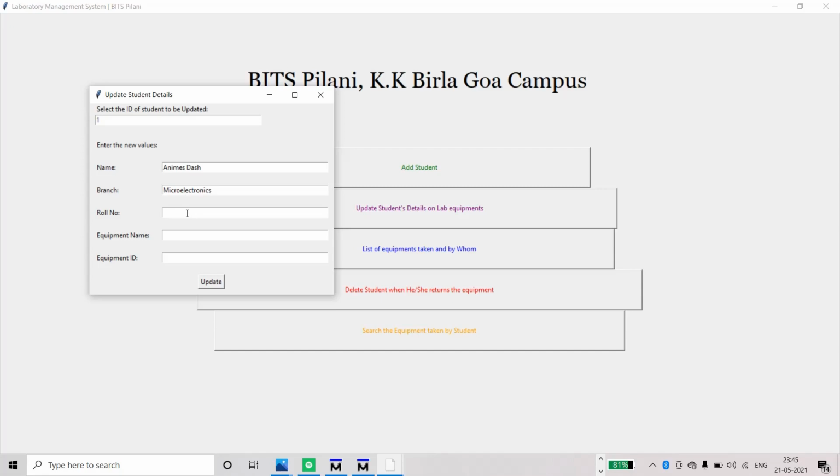Roll number, let's keep it the same. Equipment name, let's say hardware. Equipment ID also I'm changing to any random value, 7G. Yeah, update.